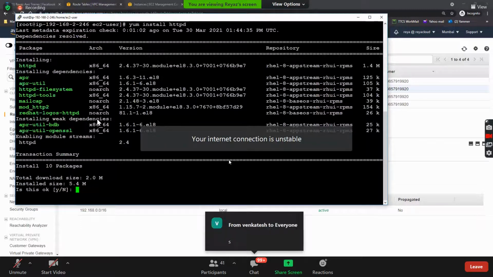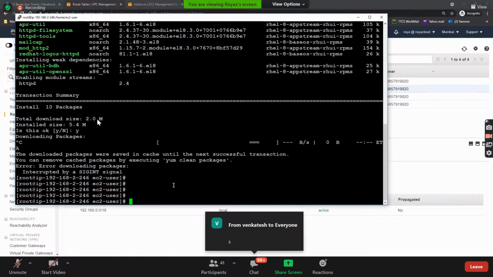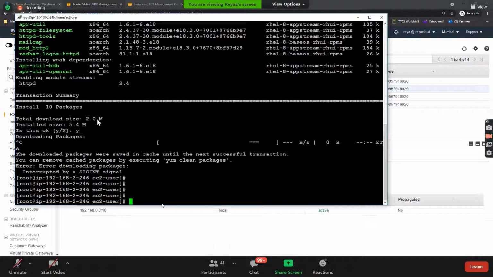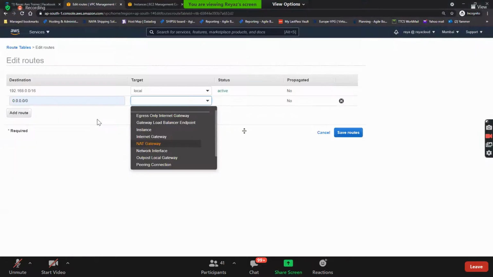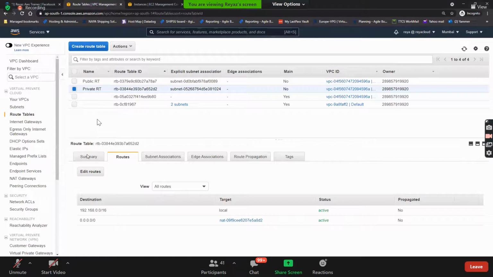Okay. Now, if you enable the NAT, it will work for sure. If you enable the NAT, it will work. So how to enable the route? Simple, 0.0.0.0/0 routed to NAT for the private subnet. Boom, it will work now. You understood how to plug in and plug off? Everything should be on the routes only.